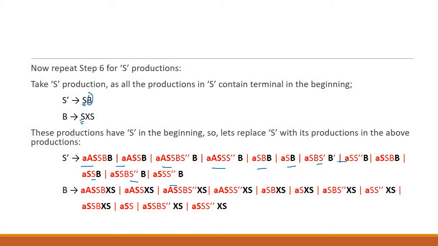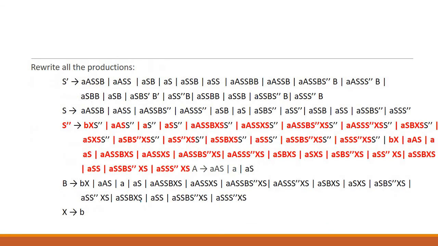Similarly for B, it produces SXS. So XS has been at the end of every production, so here we are making a mistake. So this is XS as well over here. So here's the new set. So just remember this set, that we have XS everywhere. So you see that we have